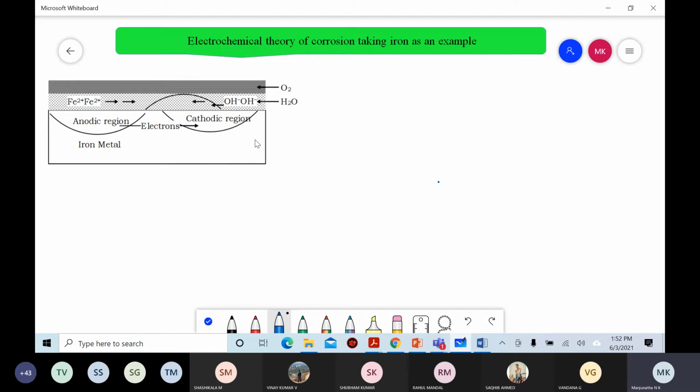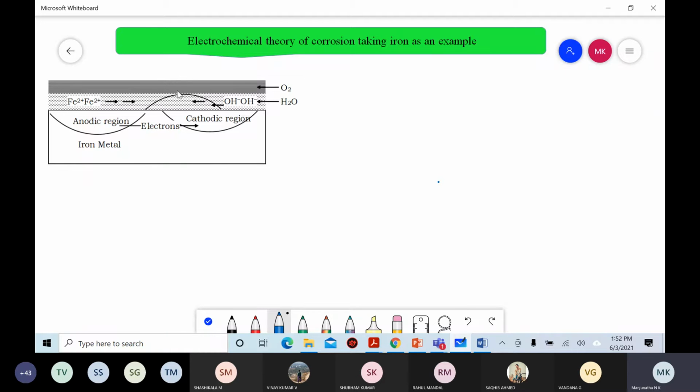When any metal is exposed to a conducting medium, meaning in the presence of oxygen and moisture, some portion forms an anodic area and some portion forms a cathodic area. At the anodic region, an oxidation reaction takes place and the metal undergoes corrosion. At the cathodic region, a reduction reaction takes place, and the reaction is based on the nature of the environment, and the metal is unaffected by corrosion. These are the four postulates of the electrochemical theory.